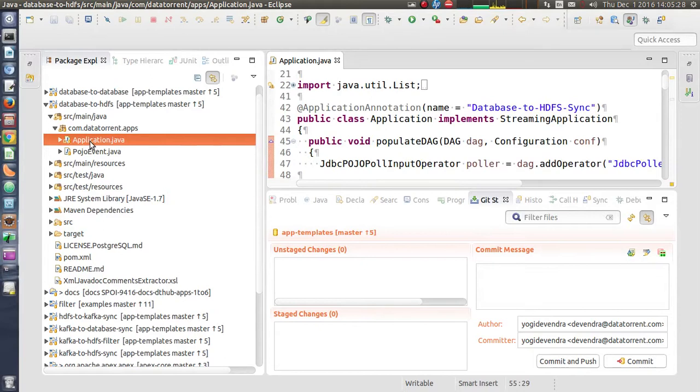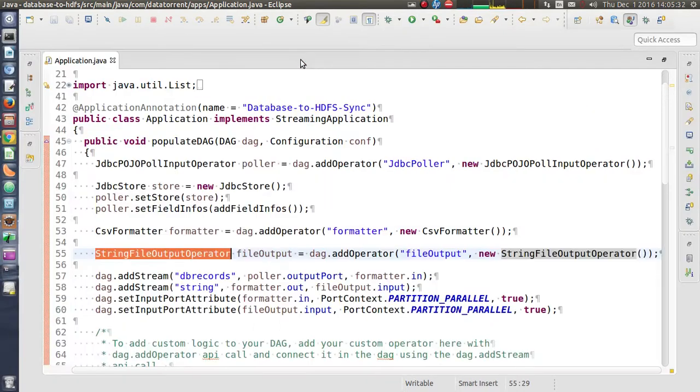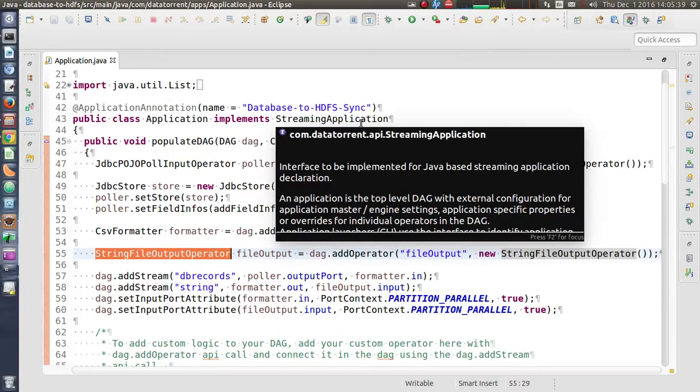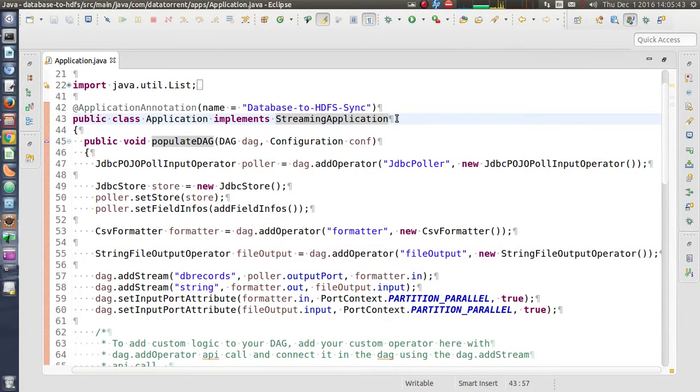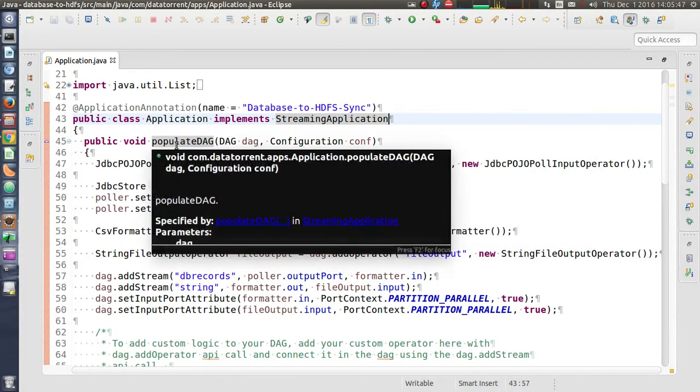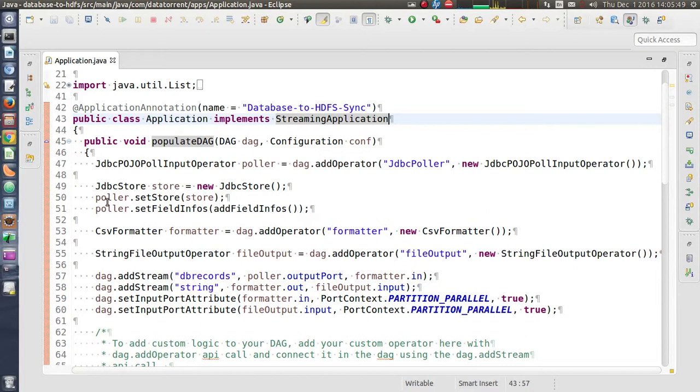This file Application.java under com.datatorrent.apps is the backbone of this app template. It implements the StreamingApplication API, which is defined by Apache Apex, in which we have to give an implementation for the populateDAG method. For populateDAG, we get an object of type DAG and an object of type Configuration.